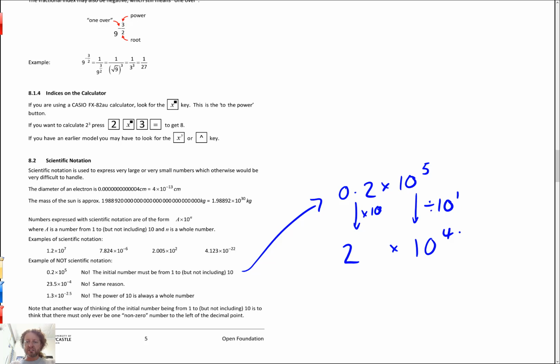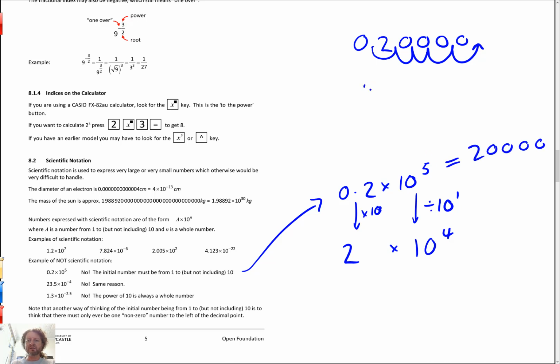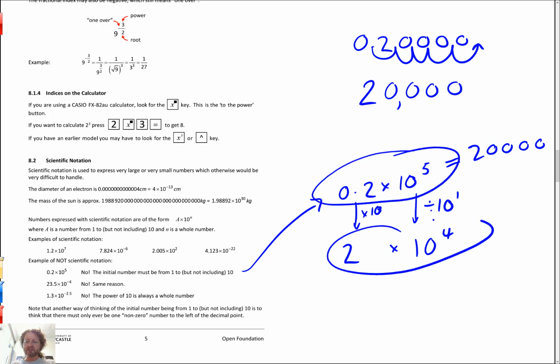I want to prove that what I just did was true. 0.2 by 10 to the 5 is 0.2 with 5 moves bigger. 1, 2, 3, 4, 5. So it's really 20,000. What's 2 by 10 to the 4? It's a 2 with 4 zeros on the end, which is still 20,000. That is equivalent to that. Same number, but this one is in scientific notation. Okay,